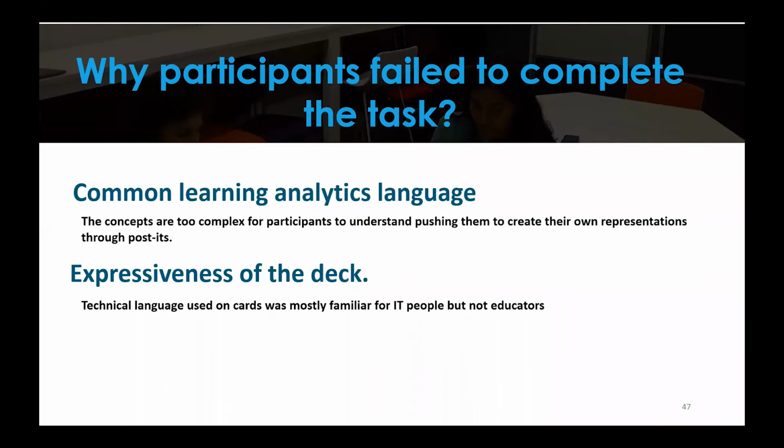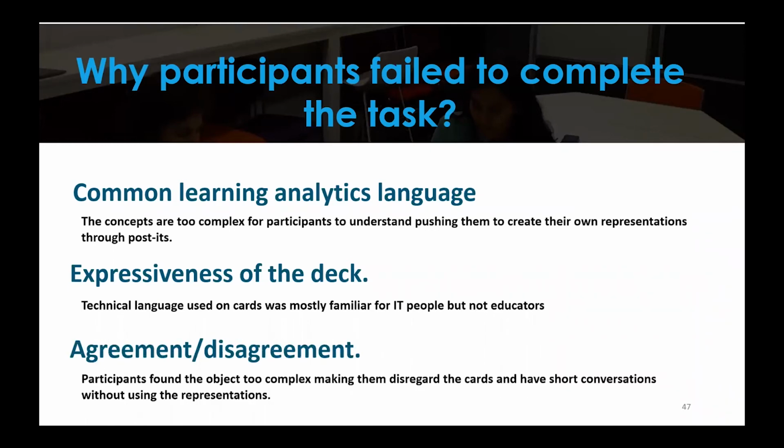The cards are a good idea. The language used in the cards wasn't as useful as we thought. People disagree and have different ideas, but they didn't use the cards to negotiate this. They preferred to have this conversation, so the cards became useless. The co-design approach is effective, but the tool as implemented was not as effective as we thought. In the end, we had to modify the cards to have a better version and make it useful back to stakeholders.